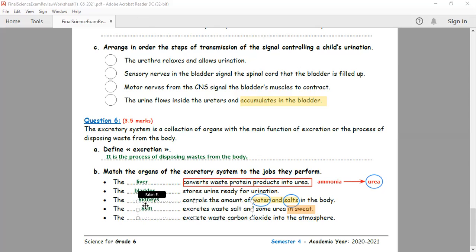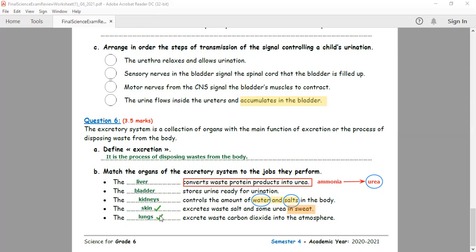Which organs get rid of carbon dioxide into the atmosphere? The lungs. Okay. Always remember, our excretory system contains 4 important organs: the skin, the lungs,